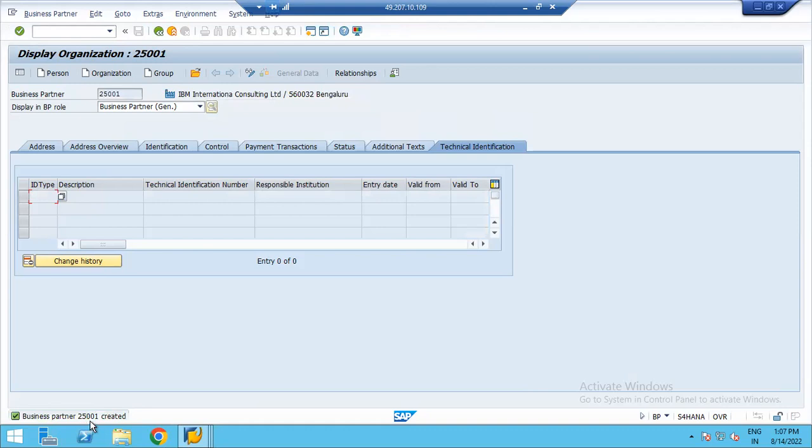Business partner 25,001 is created. Did we tell that the number is 25,000? No, it is picking up from what we have assigned to the BP. Now, after this number is generated, make sure to click on